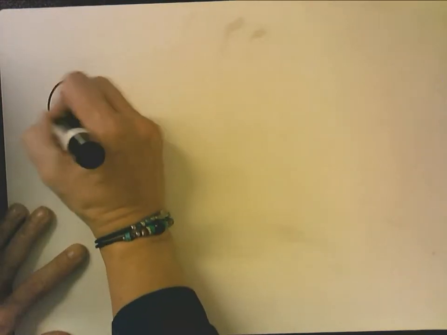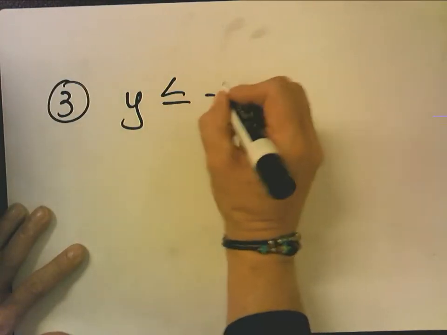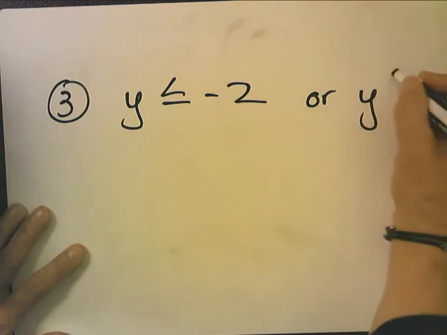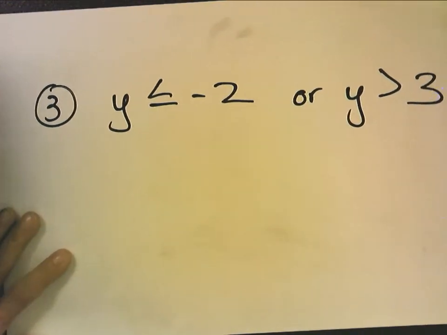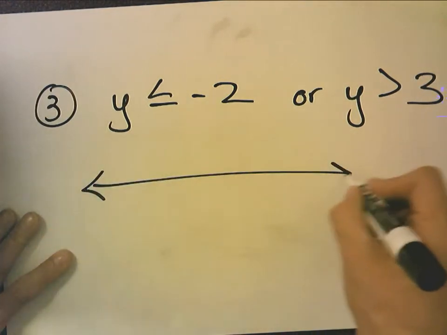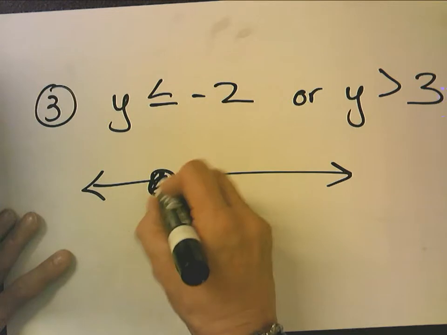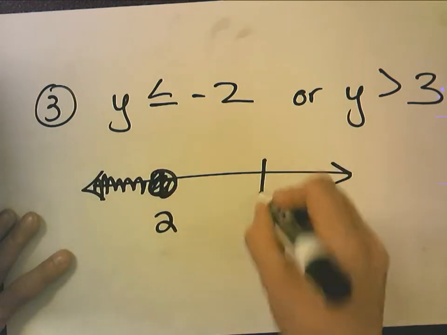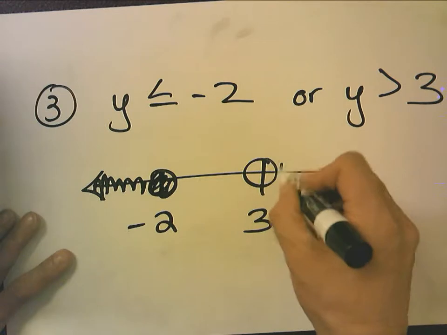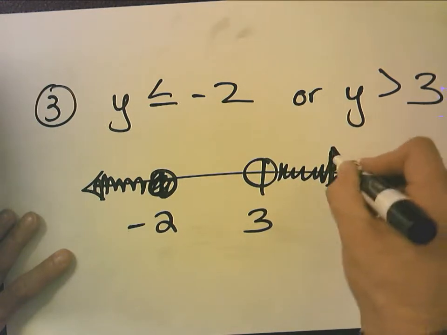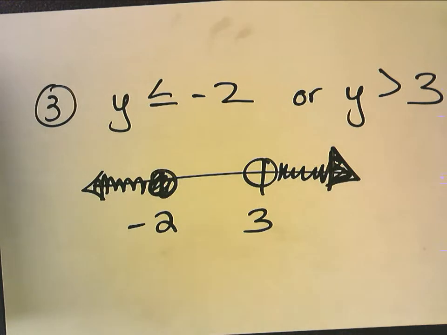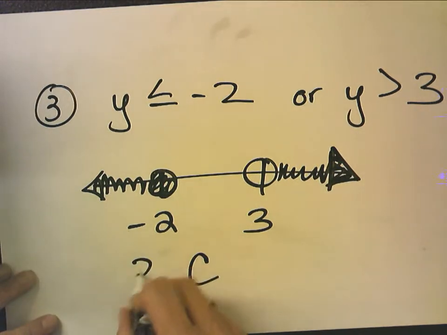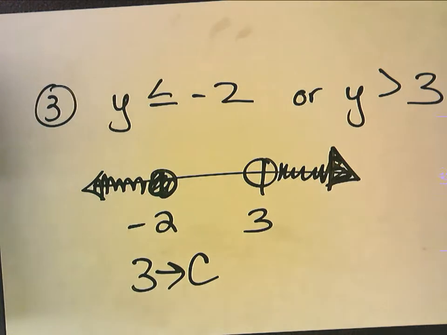Now, number 3 is y is less than or equal to -2, or y is greater than 3. Okay, so less than -2 or equal to goes this way. Greater than 3 goes this way. So it's a pretty classic OR. And that is C. So 3 at the bottom, we put in a C. So those 3 start out as fairly obvious,